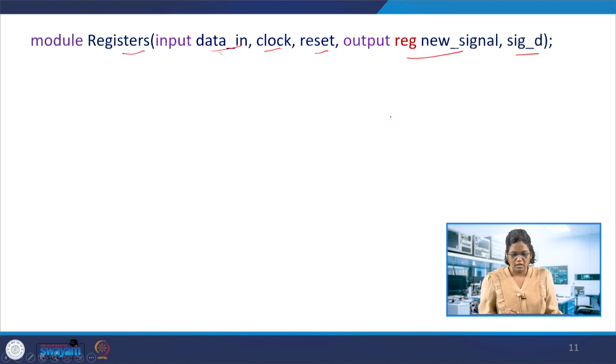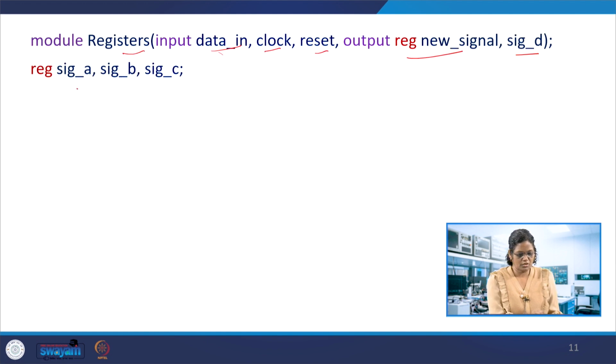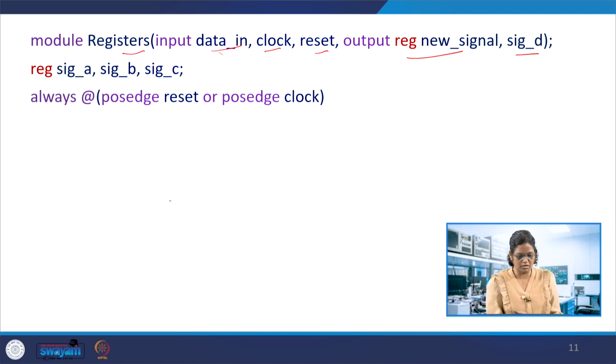The register signals A, B, and C are fed to the next flip flops, and signal A and signal B are also used in the combinational logic, and all of them are used inside the always block, at the passage of the reset or the clock.